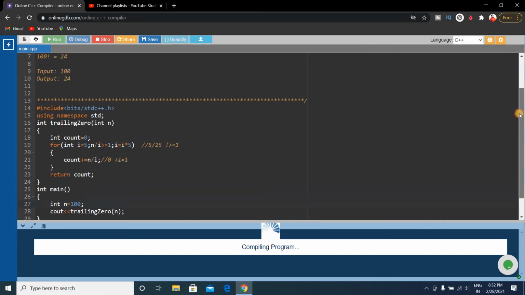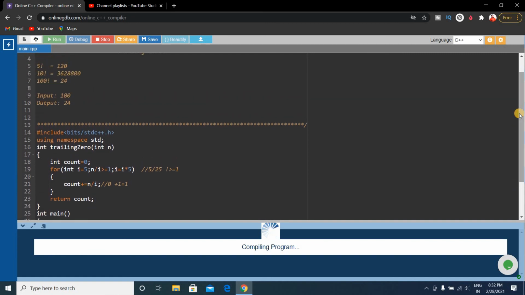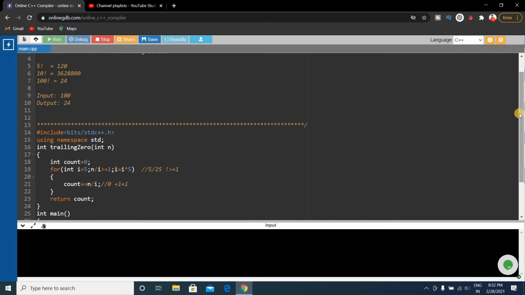Okay, it's 24, and our code is absolutely correct. So that's a very tricky type of question, and you just have to remember this for loop. If you practice once or twice, I think you won't even have to remember it.